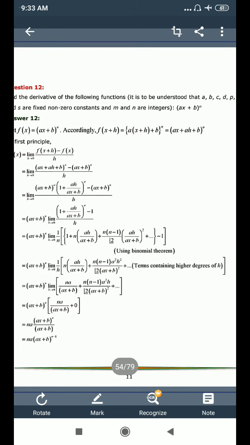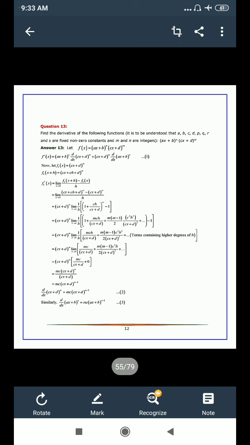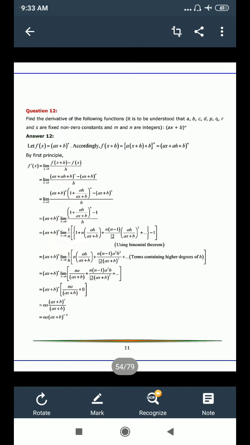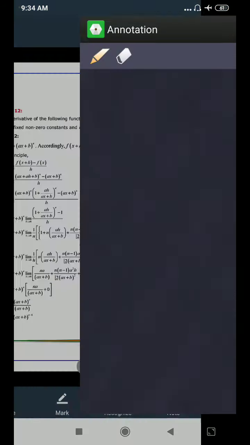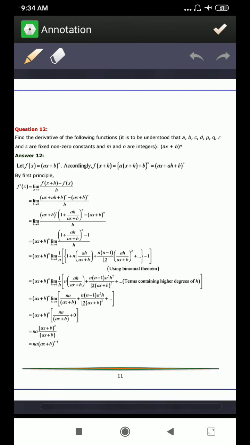Binomial theorem is used. I will explain this question later on, because binomial theorem is not in your syllabus for this year. And in the questions it is not asked to calculate this using the first derivative. We'll do it using the chain rule only. In the book it is not mentioned. So how to solve it by chain rule, and learning chain rule is very, very important. Few questions are there in your book using the chain rule.